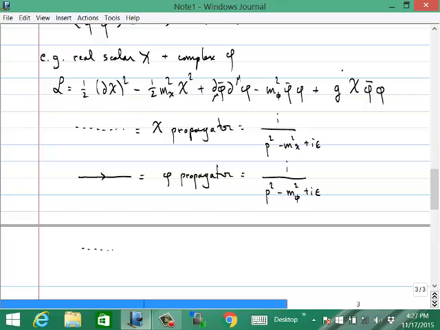So here, the interaction term comes from this guy here, and it says that one chi particle can turn into a phi bar and a phi. Okay. So that means you'll get an interaction term that looks like this. And that will give you a factor of i times the coupling constant. Okay. And the important point is that you're not allowed to have an interaction term that looks like this, where